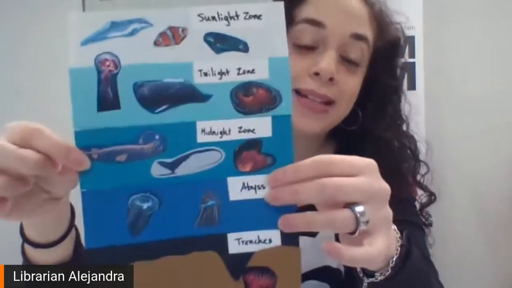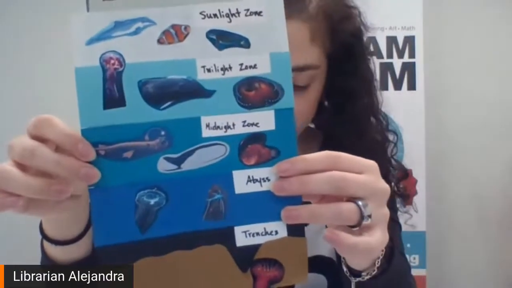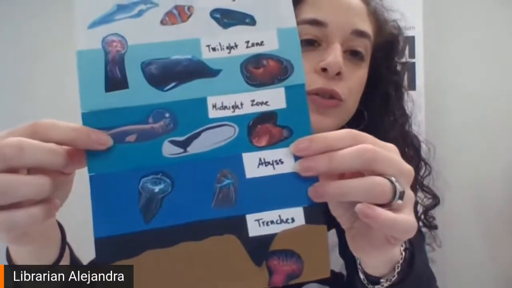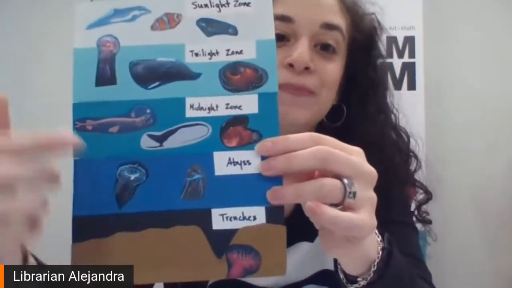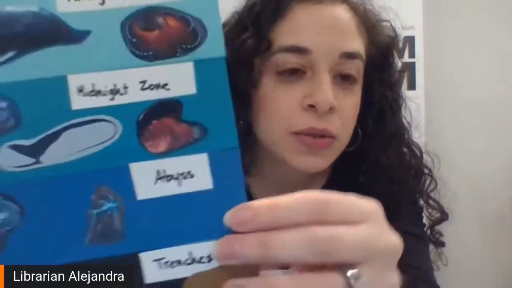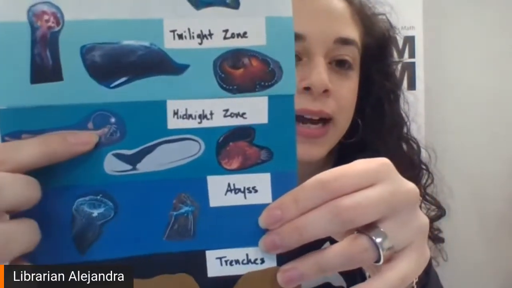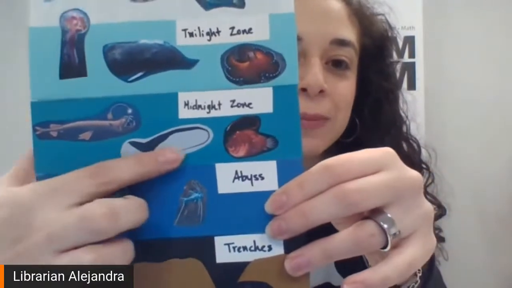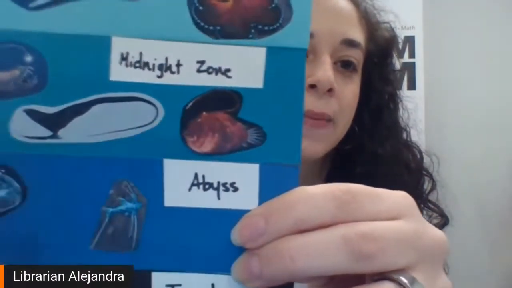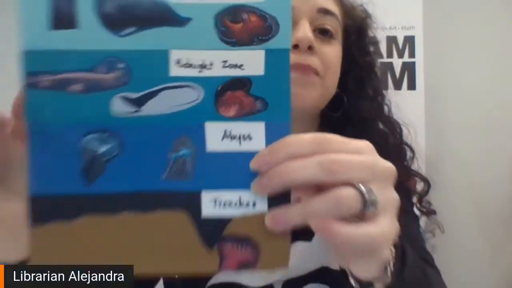Then it goes into the midnight zone, which is even darker. No light shines through, and the only light that comes through is the light that's made by animals. So we have kind of an anglerfish, except this one's long, so I think it might be a different kind. And then we got some creepy little fish, but this is the other anglerfish. So you see it has a little light at the top. This one too has a little light at the top.